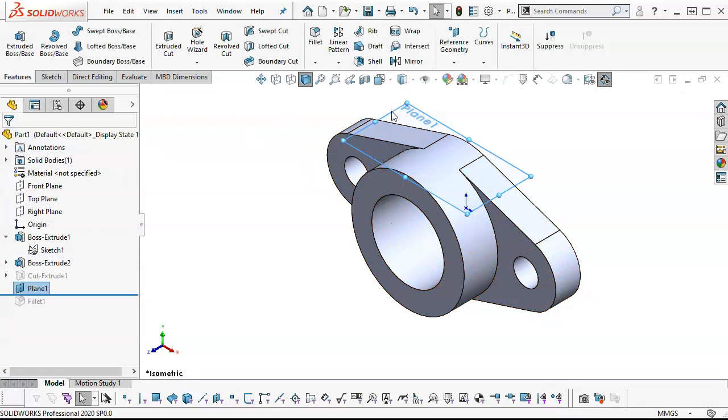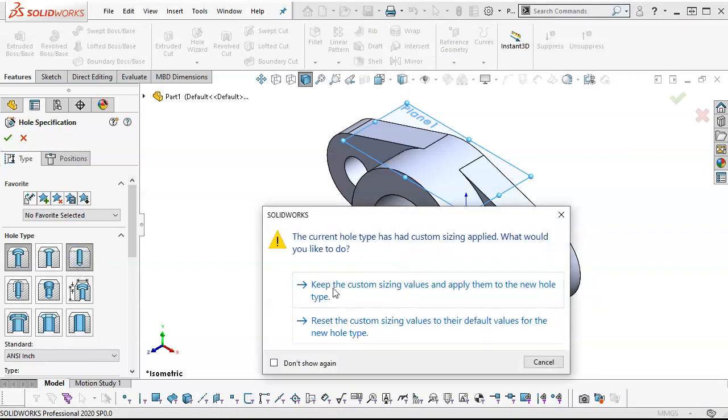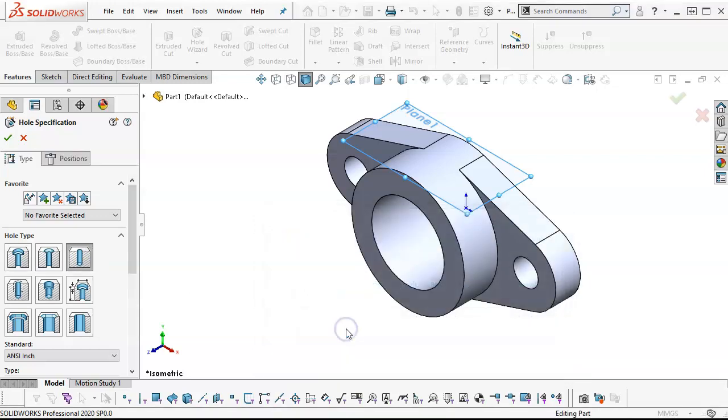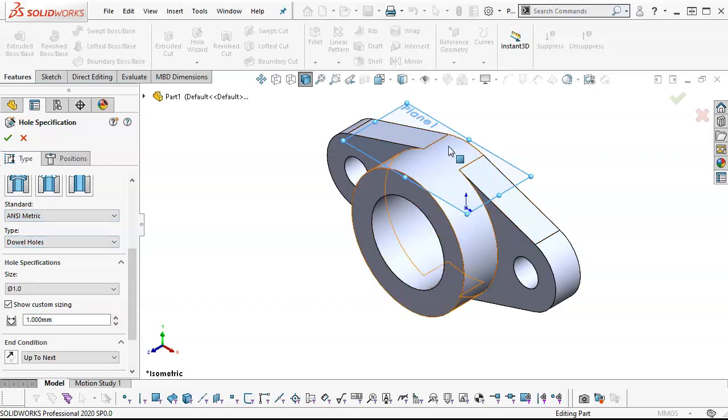So the nice thing about doing this on the plane is that this is going to be a lot easier to manage with the hole wizard. So if this needed to be a counterbore or countersink, tapped hole, some other geometry, let's see, keep the custom sizing values because we made some changes. Let's just go ahead and reset. We'll go back to wherever we were. And this needs to be an ANSI metric. I'm going to be able to utilize the hole wizard on this plane where from the inside out doesn't have that same